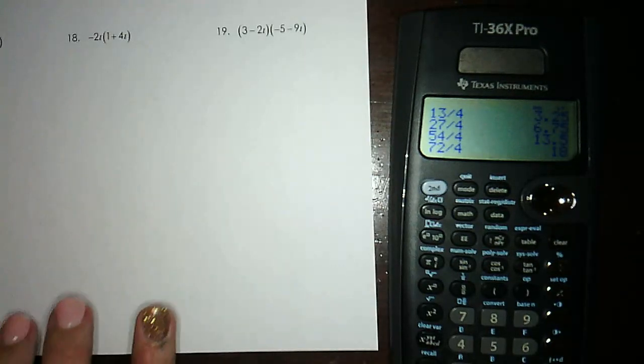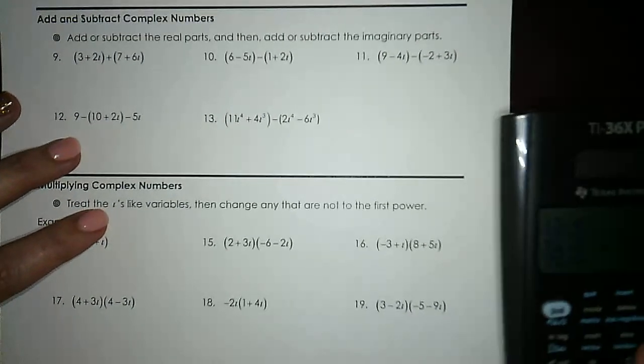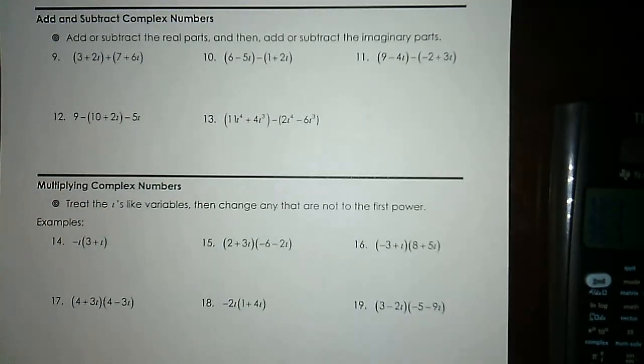So now let's look at adding and subtracting, and you're going to see these types of problems again when you guys do the practice on GoFormative. And they're directly straight from your ACT test prep book. So add and subtract, we treat i like we would a variable. So if, for instance, we had